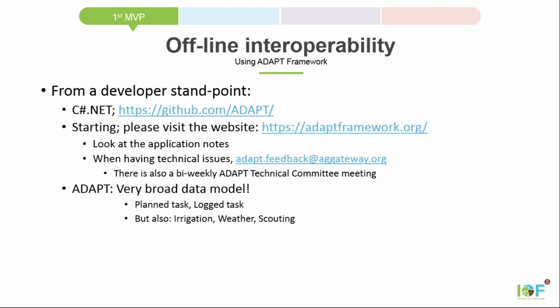First of all, using the ADAPT framework from a developer standpoint. It is written in C#. It is an open source project. You can see the source code on GitHub, github.com/adapt. When starting, I suggest that you go to the ADAPT Framework org website and look at the application notes. If you have issues, email ADAPT Framework,